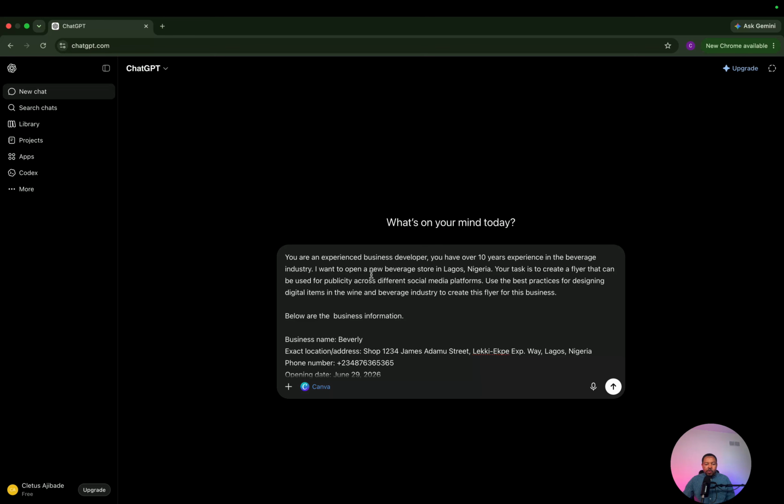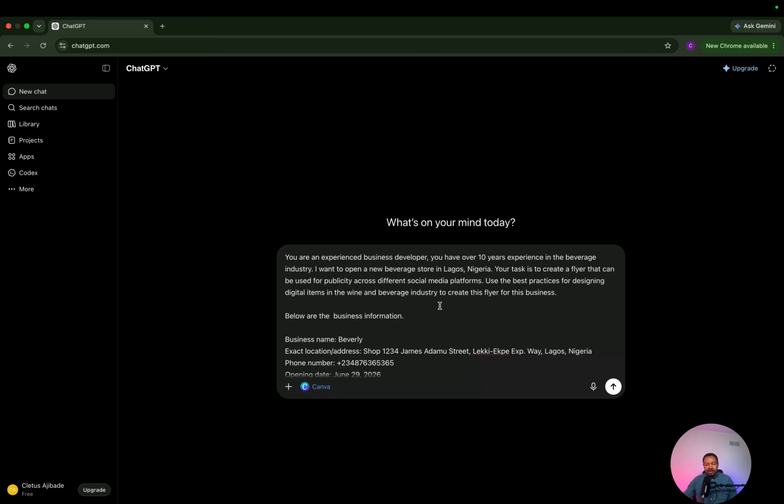I want to open a new beverage store in Lagos, Nigeria. Your task is to create a flyer that can be used for publicity across different social media platforms. Full stop. Use the best practices for designing digital items in the wine and beverage industry to create this flyer